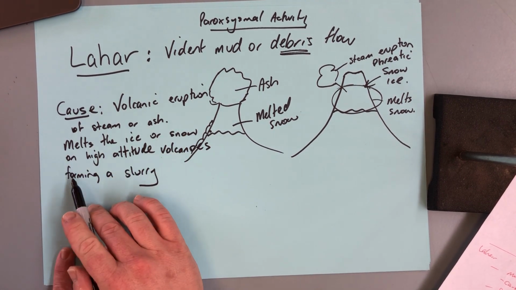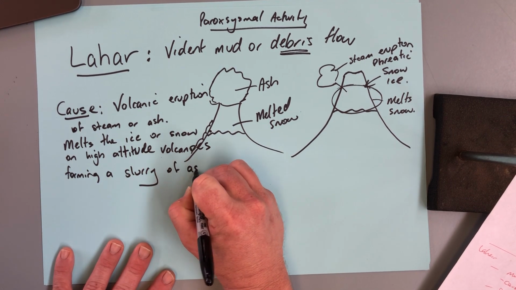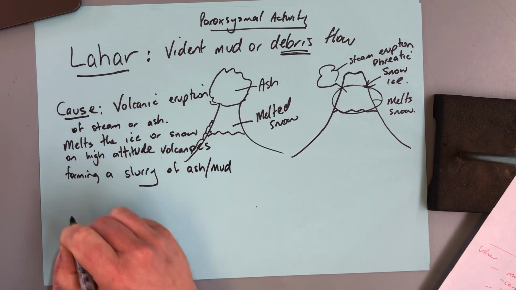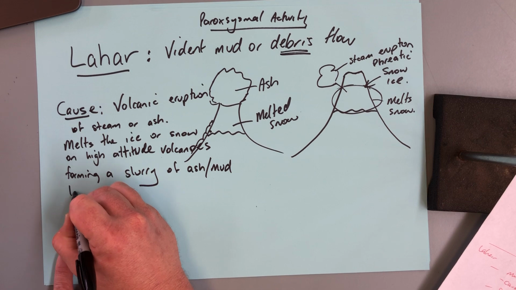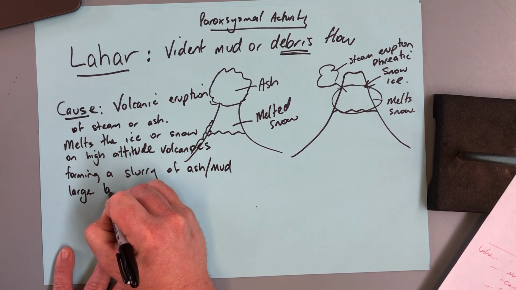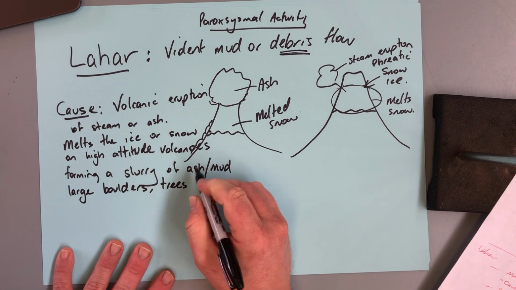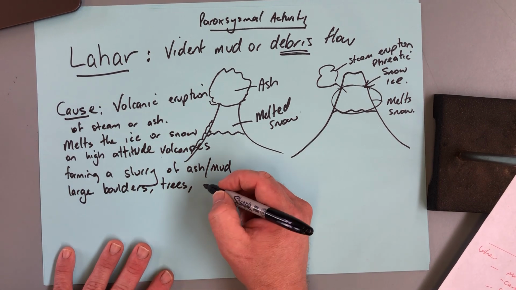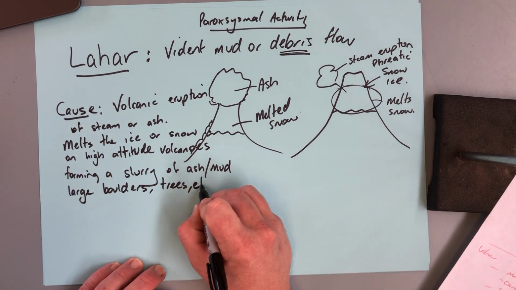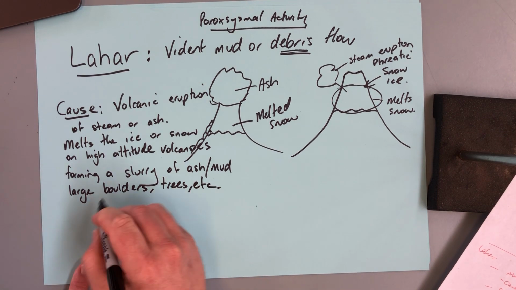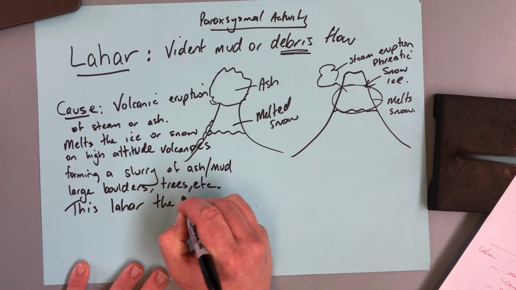So it melts the ice or snow on high altitude volcanoes, forming a slurry of ash, mud, volcanic bombs, large debris. It'll pick up trees, buildings, cars, and flows it down the side of the mountain. This lahar then flows